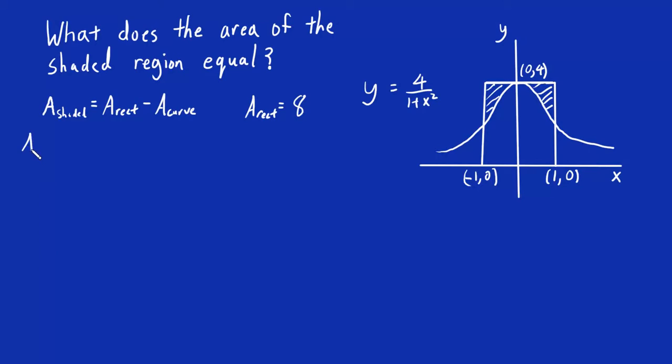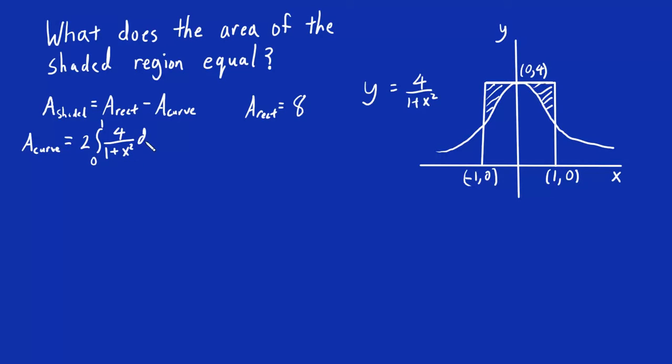And then for the area under the curve, we just need to integrate. We could integrate from -1 to 1 for this function with respect to x, or we could integrate from 0 to 1 and multiply that by 2. Let's go that route because that'll be a little bit simpler, because anytime you can get a 0 as one of your limits of integration, you typically want to do so because it typically makes the problem solving a little bit easier. So let's go ahead and do that. We'll say this is equal to 2 times the integral from 0 to 1 of 4 over 1 plus